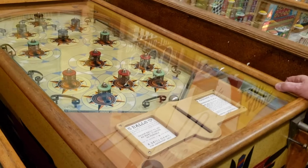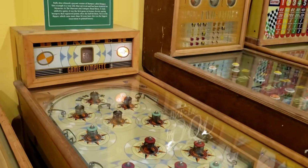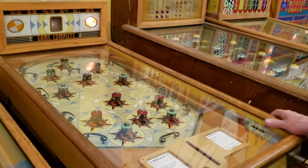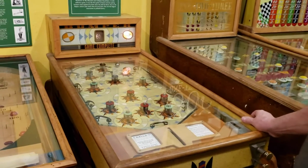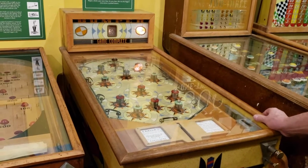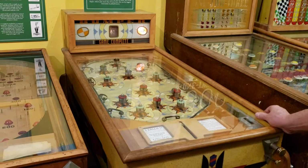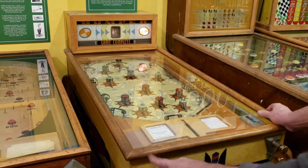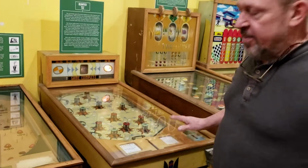If I tilt it too much, see, boop, tilt. So now I get nothing. I can launch balls all day and I won't get anything because it's tilted. This was 1935? Yeah, 1935. And the cool thing about this is